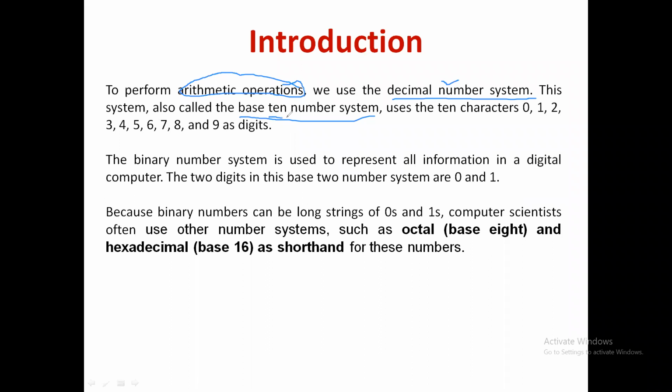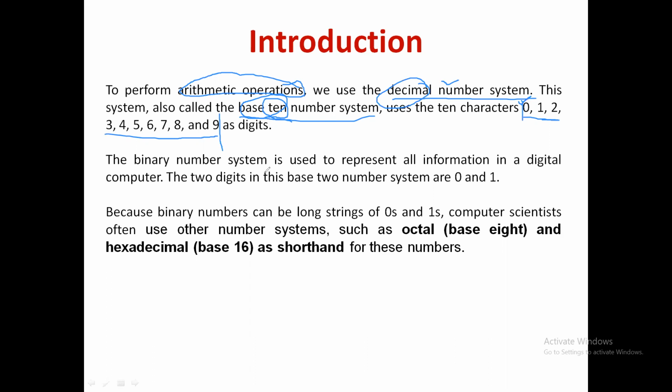The base of a particular number system specifies the number of digits used in that number system. For example, base 10 means that there will be 10 digits used. That is the reason why we make up any number with the help of these 10 digits, starting at 0, ending with 9. Any number can be constructed by using only these 10 digits. Because 10 digits are available, this number system is called the base 10 number system or decimal number system. Both represent the same number system.